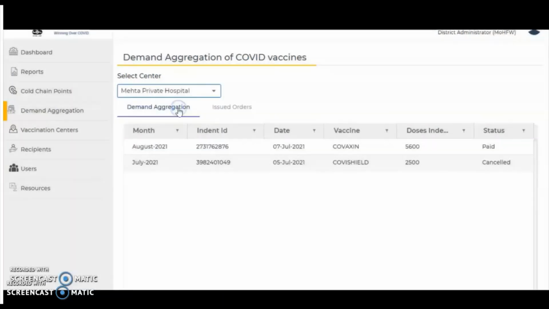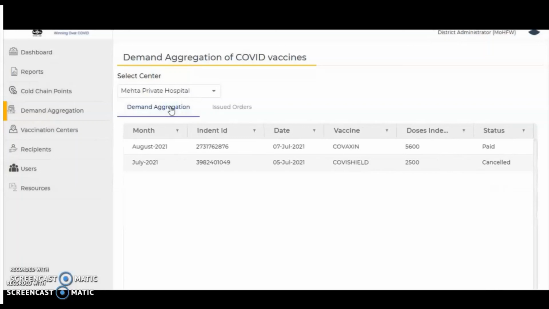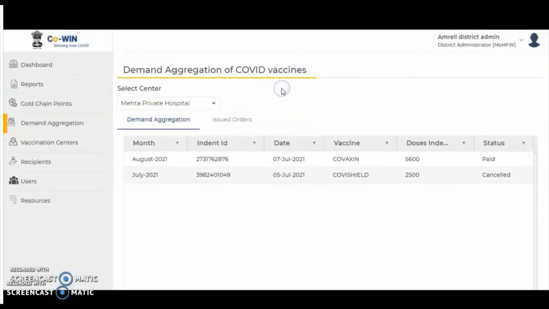This is the window of a district immunization officer. Whenever there is a demand generated or aggregated, the district immunization officer can see the status of private CVC demand and can check whether the status is pending for payment or is